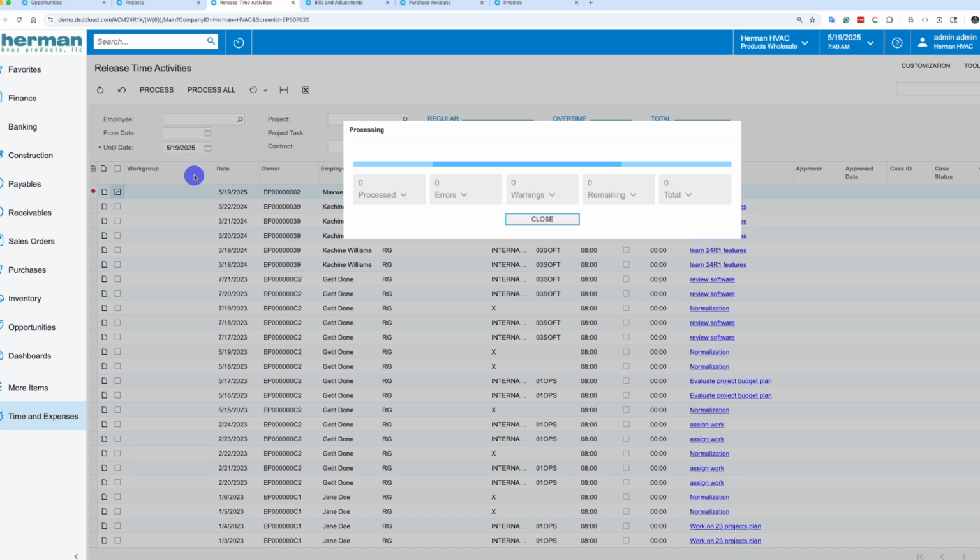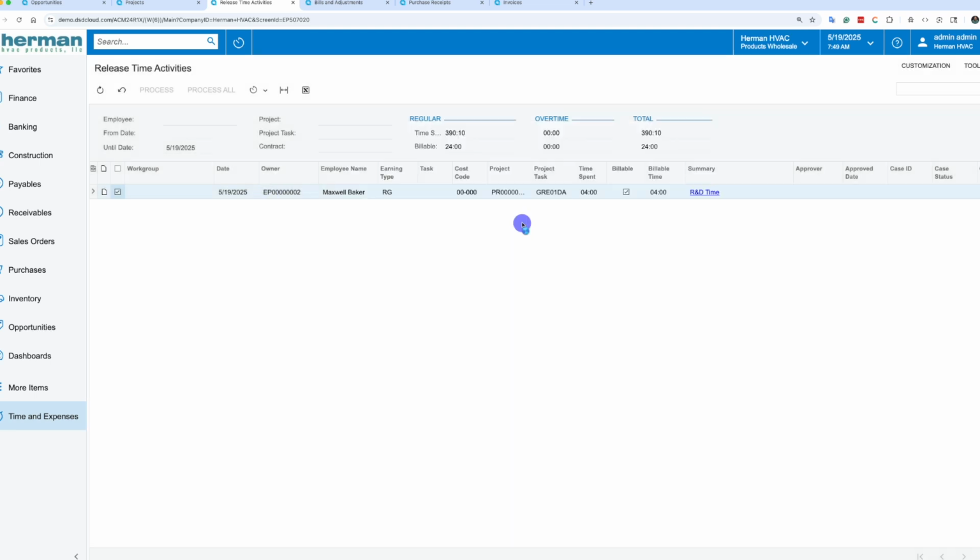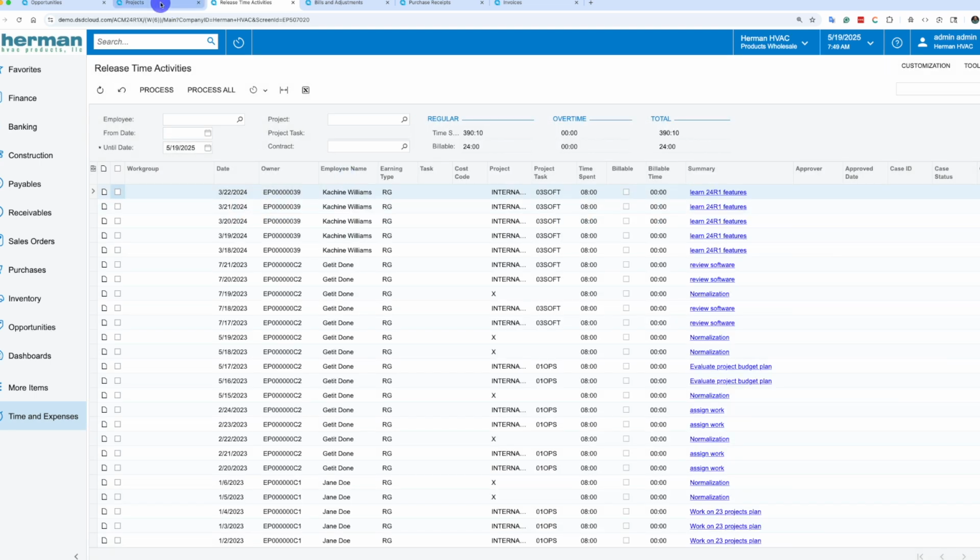And when we process this time activity, we will continue to add more expense to this project. So when this is processed, I can go back